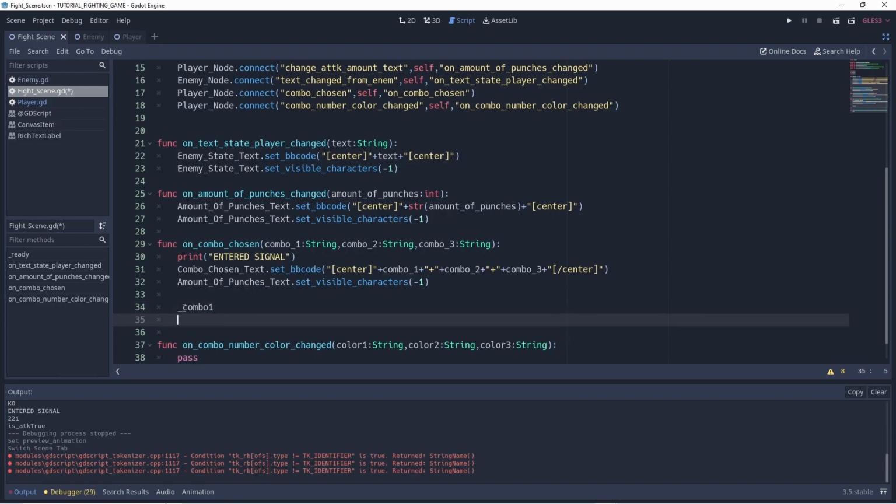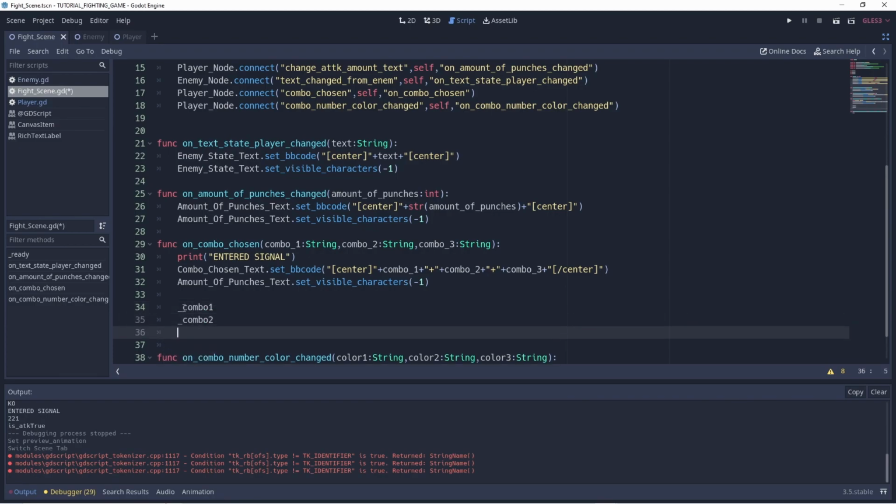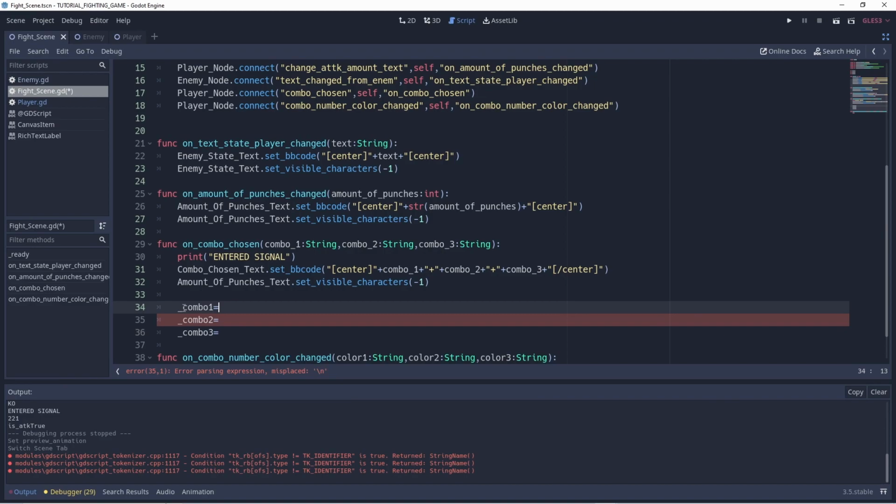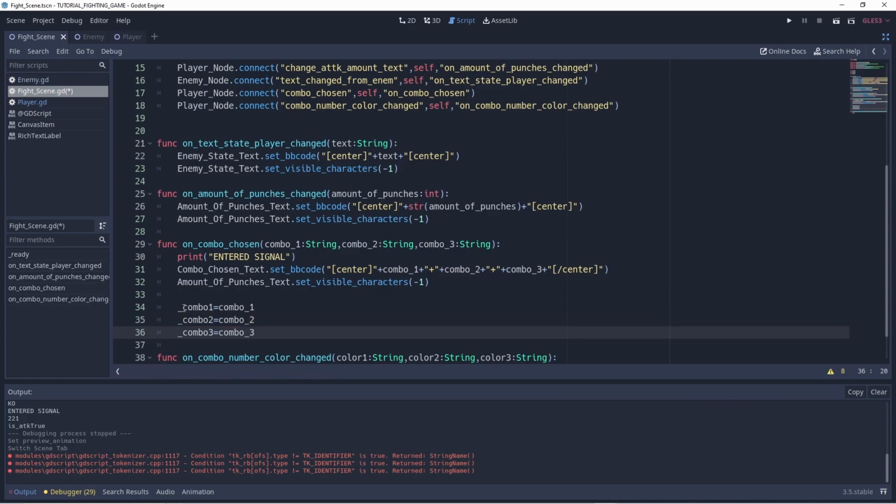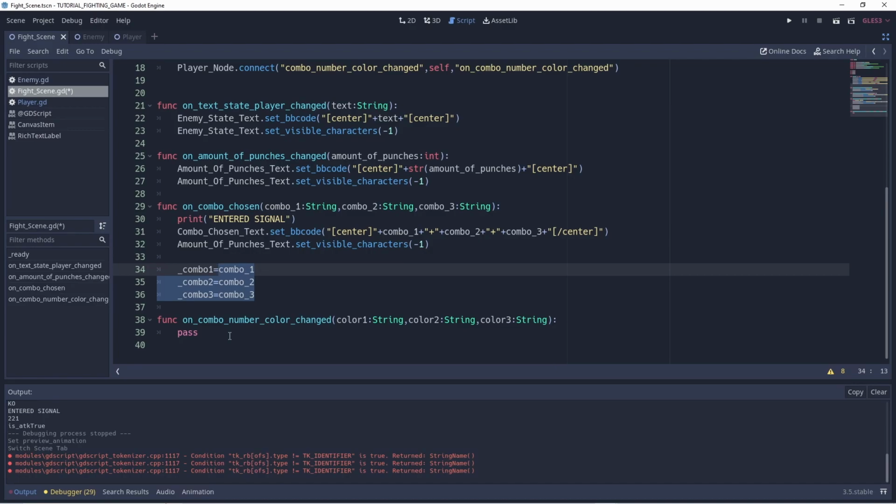So combo 1, combo 2, and combo 3 will be equal to each combo. Will be equal to combo 1, all the parameters, combo 3. Okay? So in this way, we are given the value, and we are going to store these numbers to use it in this function. In this function,